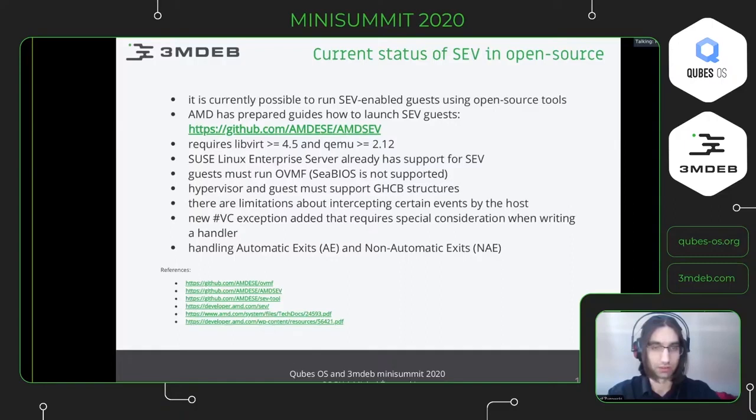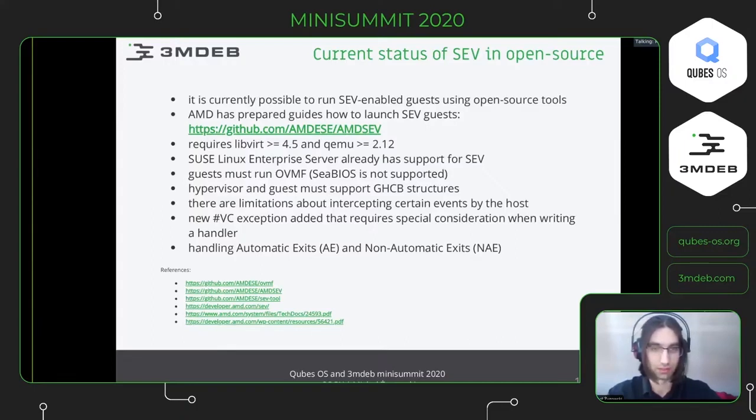AMD also created a new exception, which helps in the operation of the SEV guest. And the guest must also implement the handler for this exception instead of the hypervisor in order to tell the hypervisor what action to take.